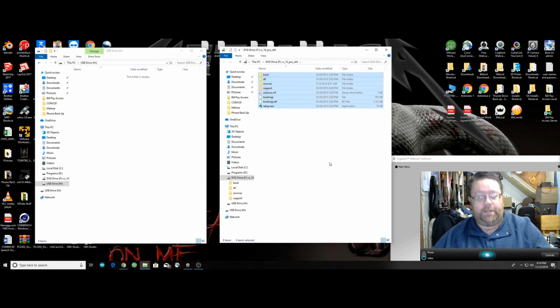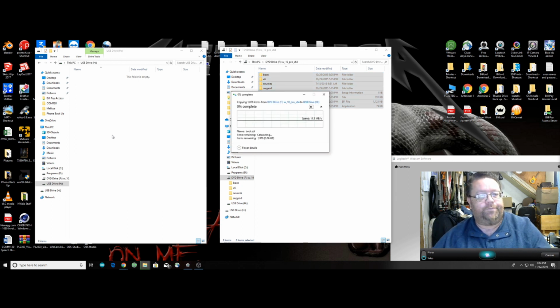Then just go ahead and highlight everything that's in there, copy it with Control C, and then paste it with Control V. Once this is all done, all you have to do is put it in the computer you want to load, fire it up, boot from your drive,